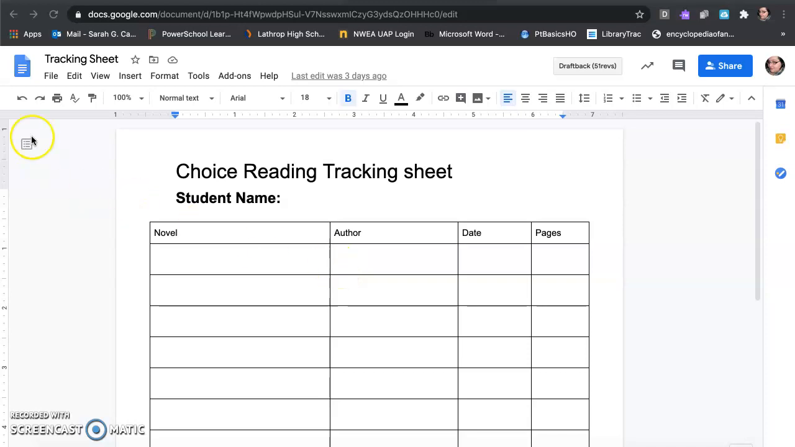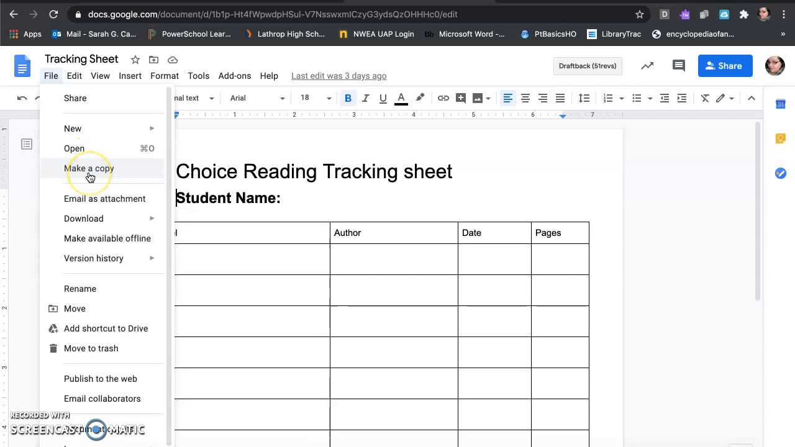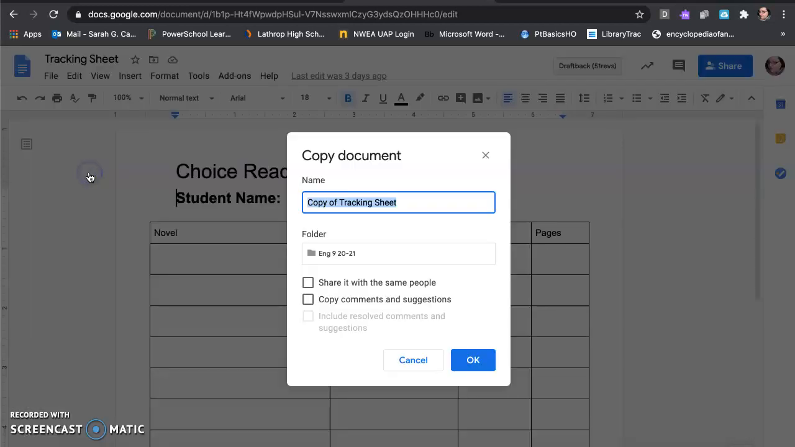Hi guys, I'm going to show you one more time how to make your own copy of an assignment document. So let's say you need your own copy of our tracking sheet. You need to go to File and Make a Copy. Once you click on that, this little box will come up, and instead of saying copy of, you're going to